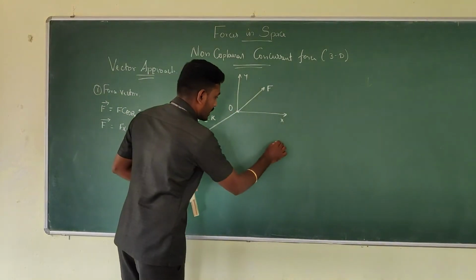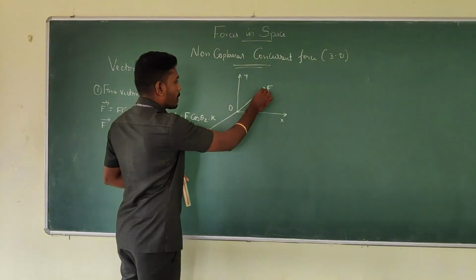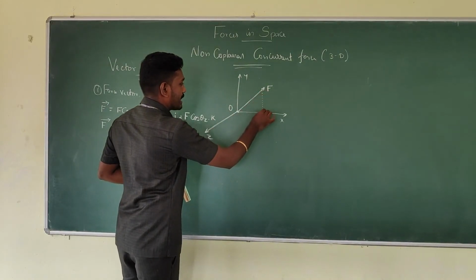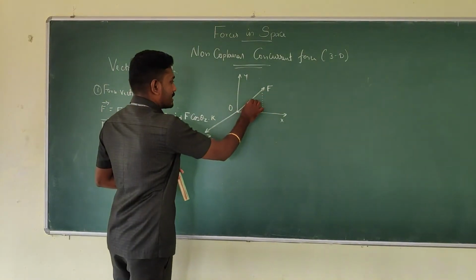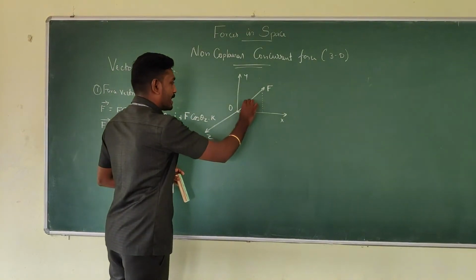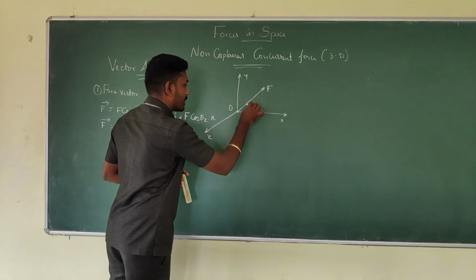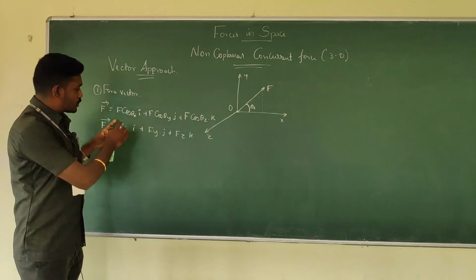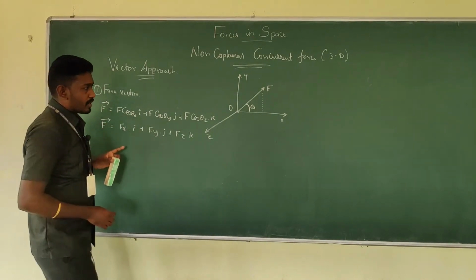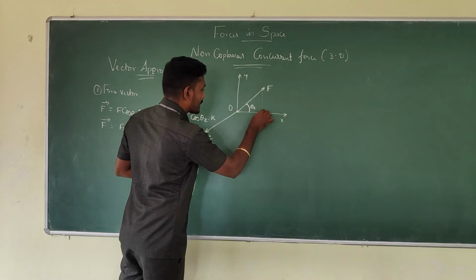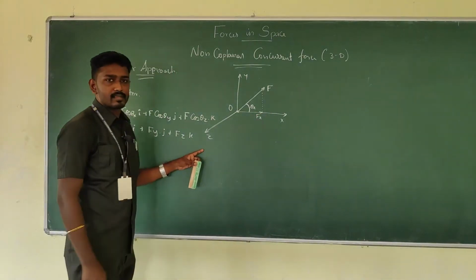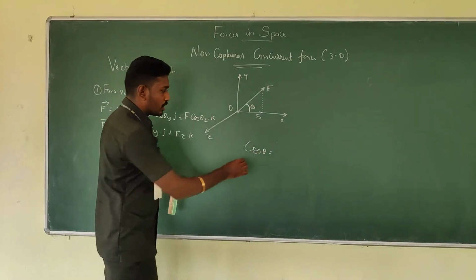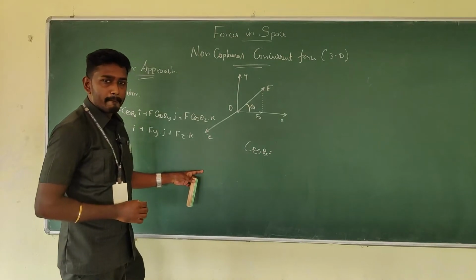We can write in this format because the force is inclined something like this. In order to get this Fx, we form a right-angled triangle, something like this. This is the force with respect to x with the inclination theta x. We are framing first for the x component, so the x component force will be directed here as Fx. If you apply cos theta x here, what is the formula?